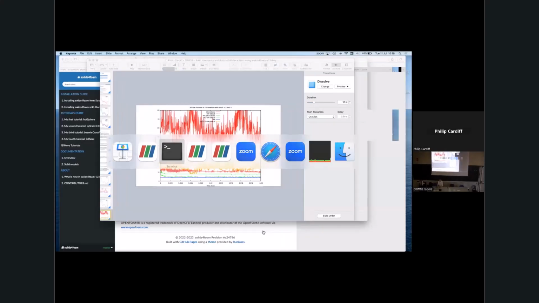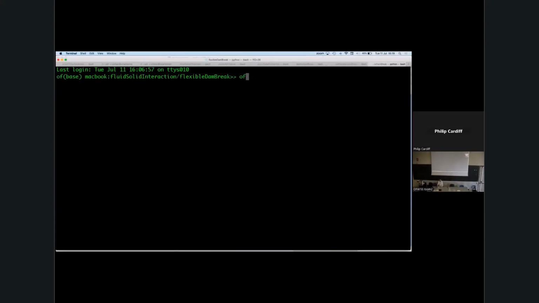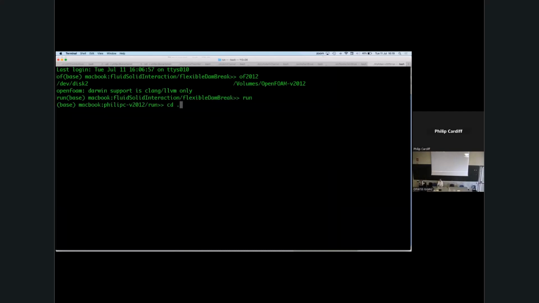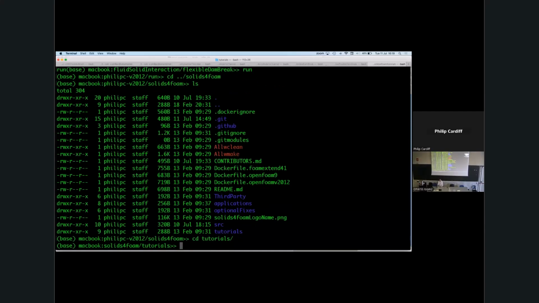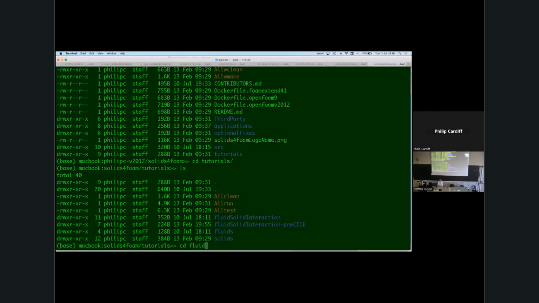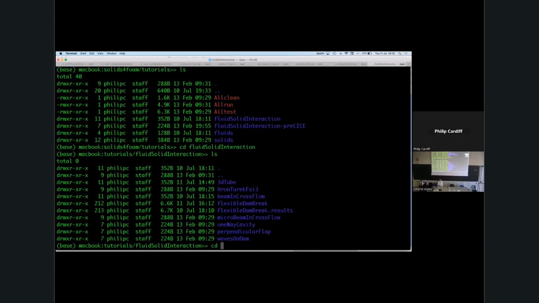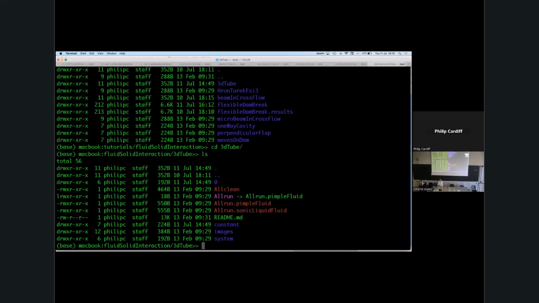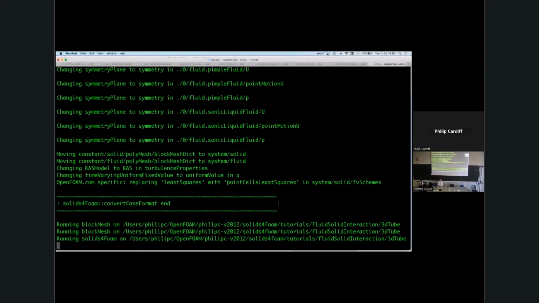So let me just see if I can run it. This test case is a bit slower. I use solids4foam. I'm using OpenFOAM 2012 here just because I have installed tutorials. Fluid-solid interaction, 3D tube. You can see it's all run pimpleFluid by default, but there's sonicLiquidFluid. So sonicLiquid is a weakly compressible fluid solver. I use this barotropic equation just to make it a little bit compressible. So if I run this,